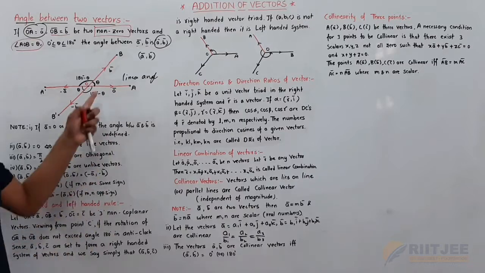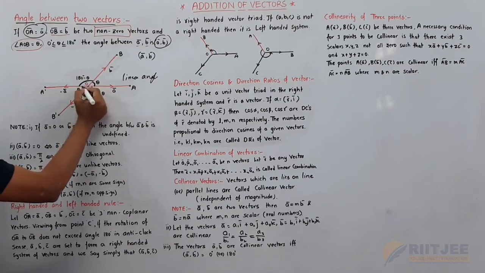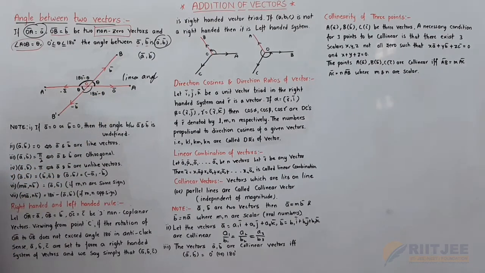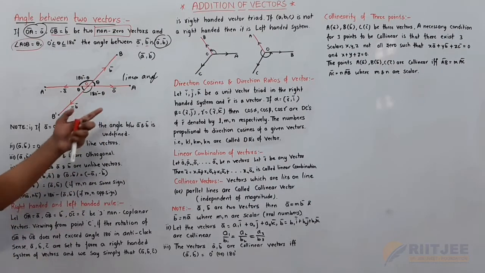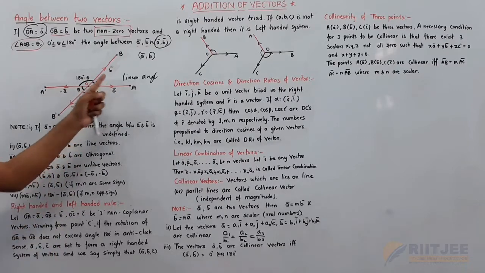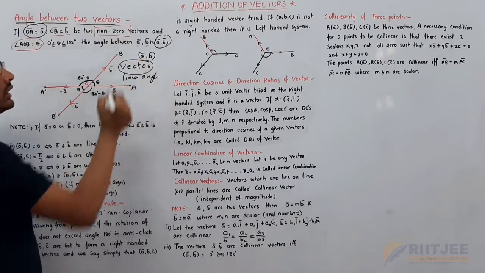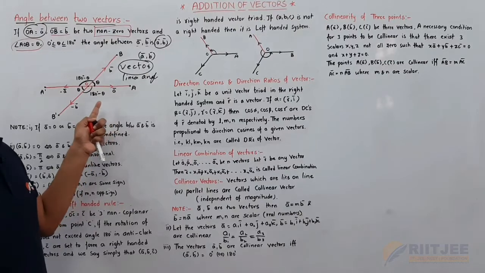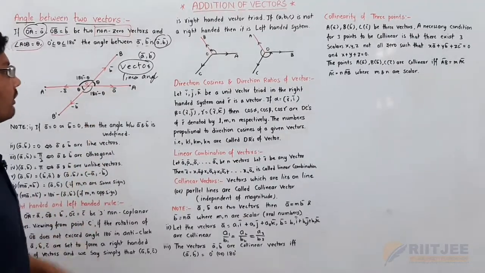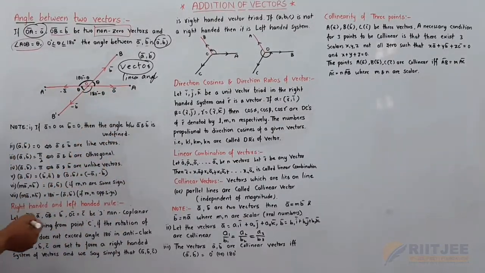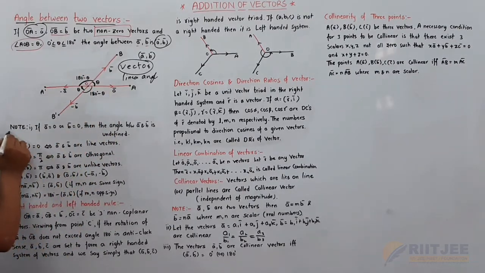So if one angle is theta and the other angle is 180 minus theta, then the opposite angles are theta and the opposite angles are 180 degrees minus theta. So this is the angle between two vectors, not straight lines. Already we discussed the topic related to straight lines. In the straight line chapter, the angle between two straight lines, cos theta, tan theta, and we have some more concepts also, and properties also.